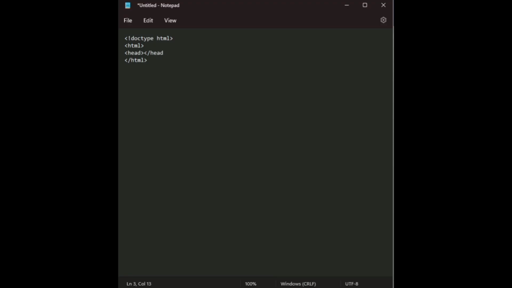So every HTML document has the head section and the body. You can see the next line, I'm writing the body, and I also closed it. If you write any code, you must always close it with the closing tag. Everything you're going to do will be inside the HTML. Then inside the head